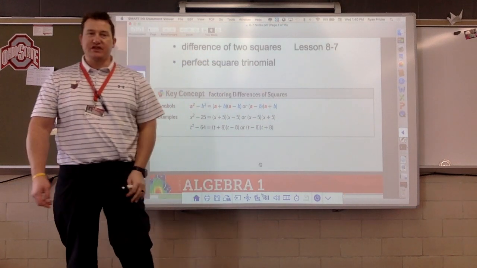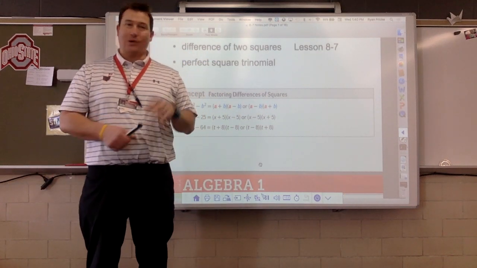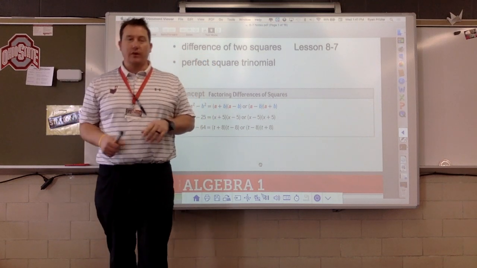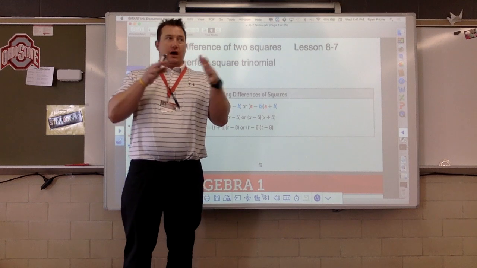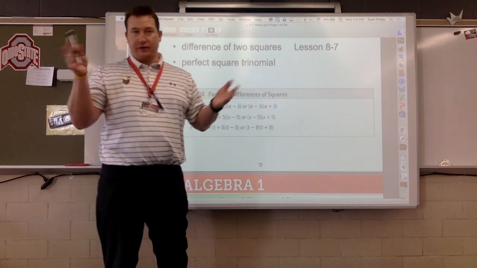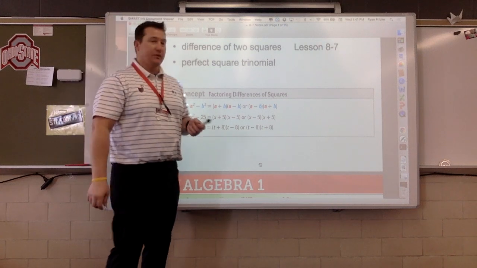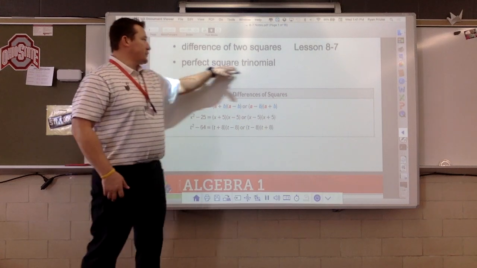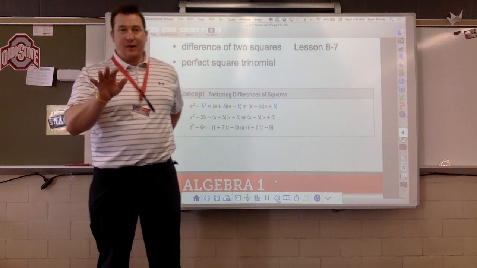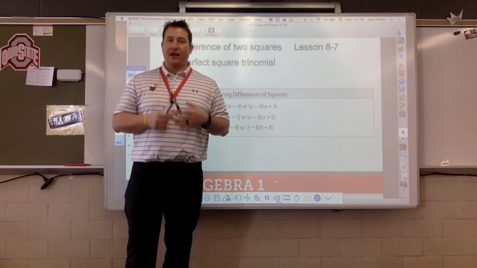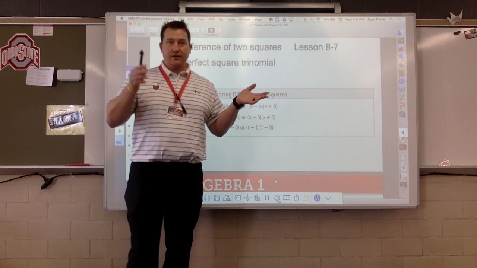Today we're going to have a couple new scenarios. First one's called difference of squares. This will be the easiest one to recognize right now, but the hardest one when we've got all of our polynomials out there and we're trying to factor them. So it'll seem easy, it will be confusing, and we will struggle with it. Perfect square trinomials, we're going to pretend that we don't recognize that they're perfect square trinomials, and we're going to treat them like we normally did with our other